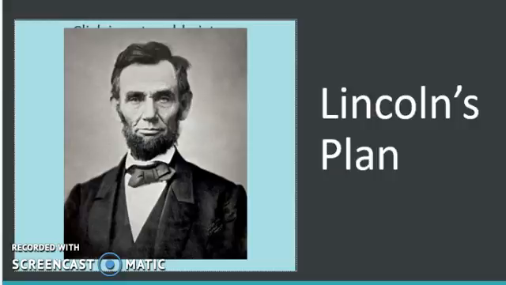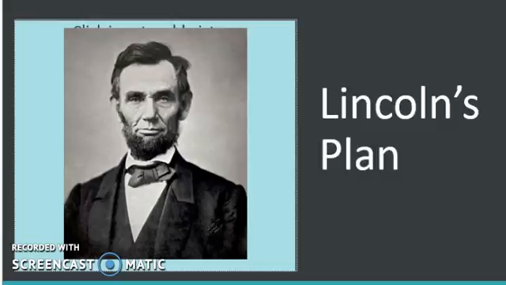and that he would need some sort of plan on how exactly they would want the South to rejoin the Union. And also by 1863, some Southern states were occupied by Union armies, or at least pieces of them were. So there needed to be a plan on how those areas occupied by Union militaries were supposed to be treated. So Lincoln came up with his own plan. It was called the 10% plan.